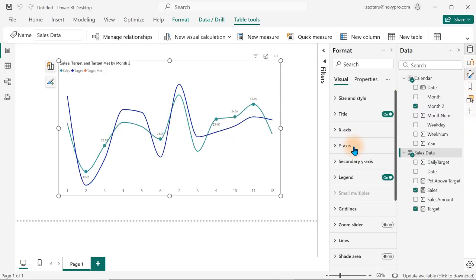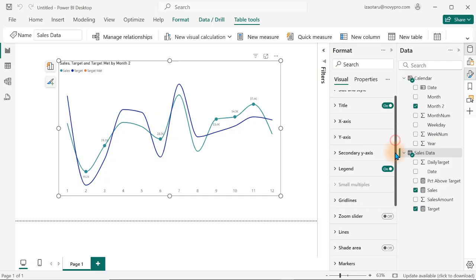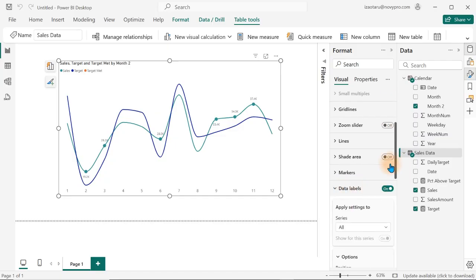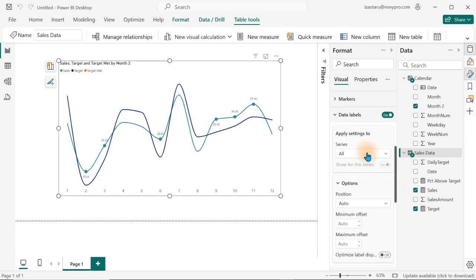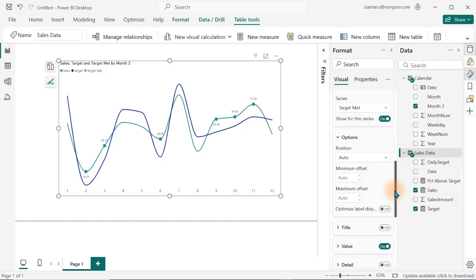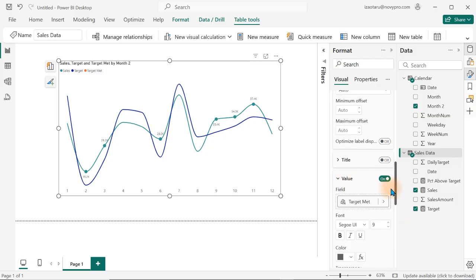Let's go over to this particular part, and now we scroll down to our data label. Open it up. We just have to scroll down until we see that what is selected is actually the sales, I think, not the targets. What is selected is this target. Okay, target met is what we need. Yes, target met. So once we have the target met here, we scroll all the way down, go to the value area. Now over here, we are going to bring in